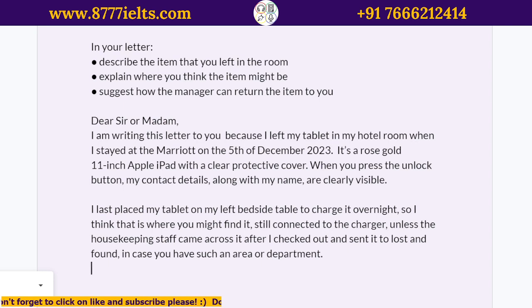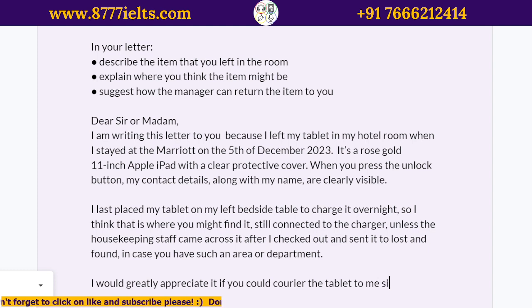Explain, suggest. So you need to use a modal verb. Suggest how the manager can return the item to you. So, I would greatly appreciate it if you could FedEx. FedEx is a bit casual. Let's say if you could courier the tablet to me, since I am now back in my hometown and would